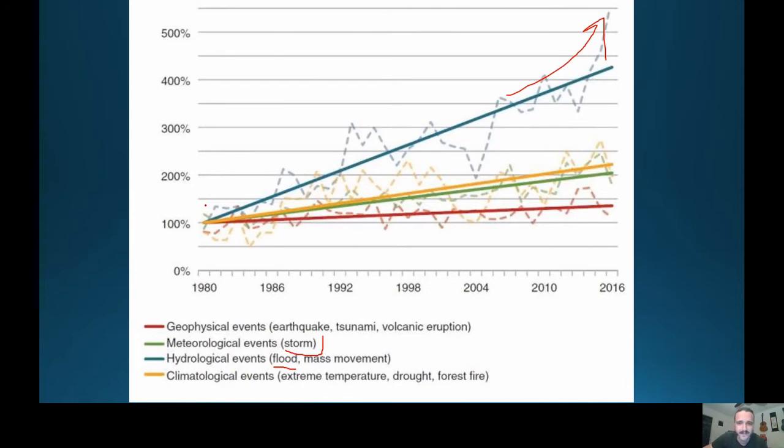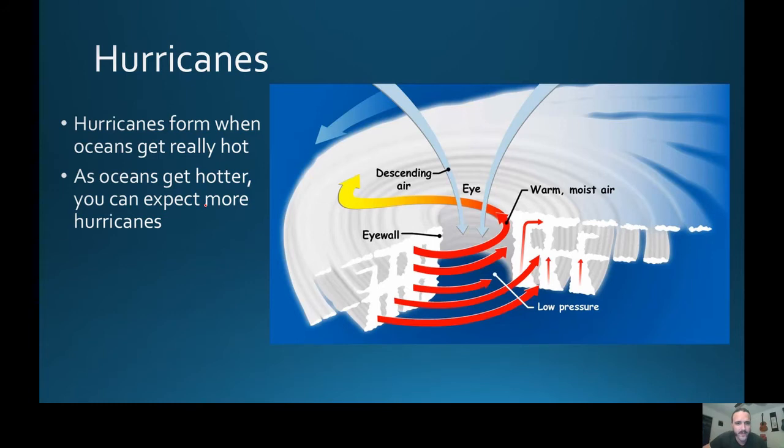And it's not too surprising that we are getting these bigger hurricanes and more frequent hurricanes in the United States. And also, the fact that they are causing bigger and bigger floods is potentially related to climate change. It also has to do with poor flood planning and poor city design and all kinds of other things. But